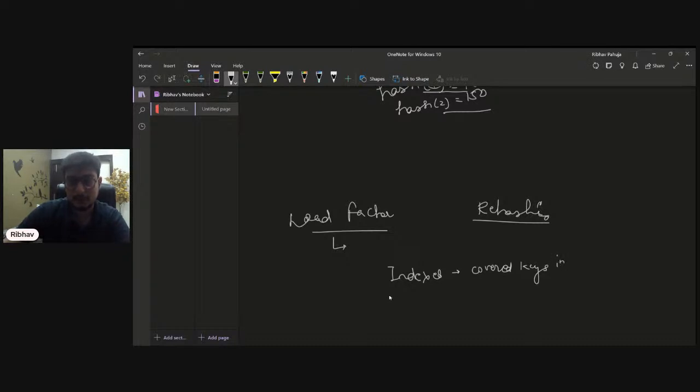So load factor is basically the number of indexes that have keys in them divided by the total size of the hash. Essentially, we need to keep this ratio always less than 0.75.